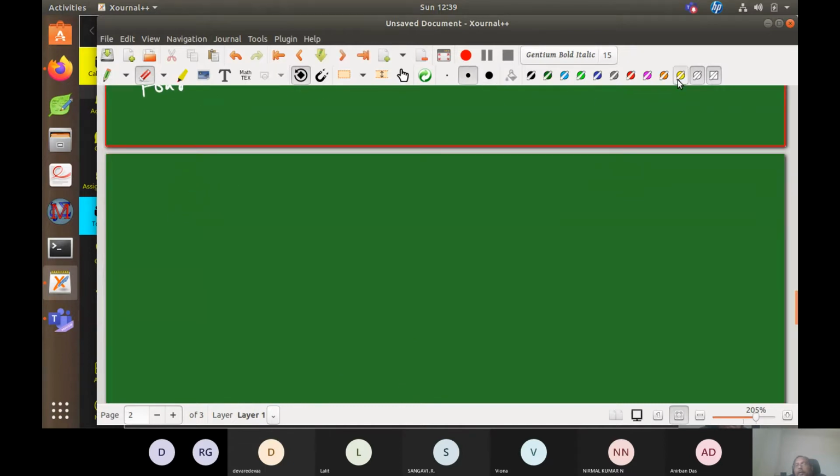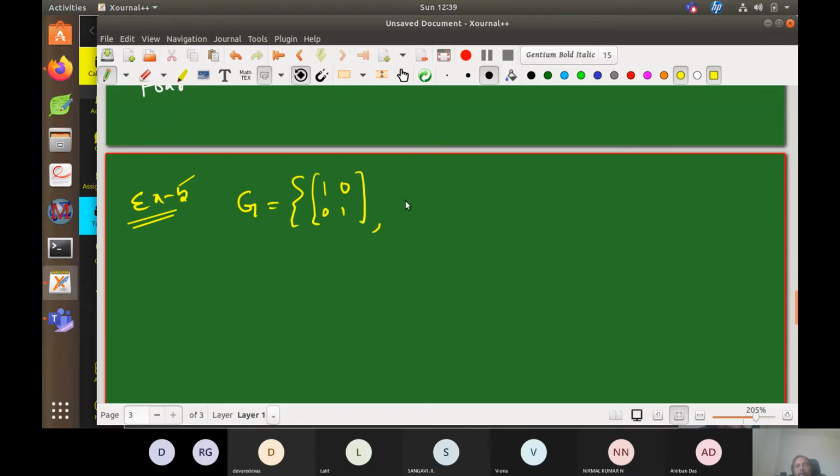In the meantime, you also start thinking of more examples if you can. I keep on writing more and more examples. So my group G is equal to (1 0; 0 1), right? And the next example is (1 0; 0 -1), and another example is (-1 0; 0 1). I hope you can tell me the last element. I already told you, the Klein 4 group: (-1 0; 0 -1).